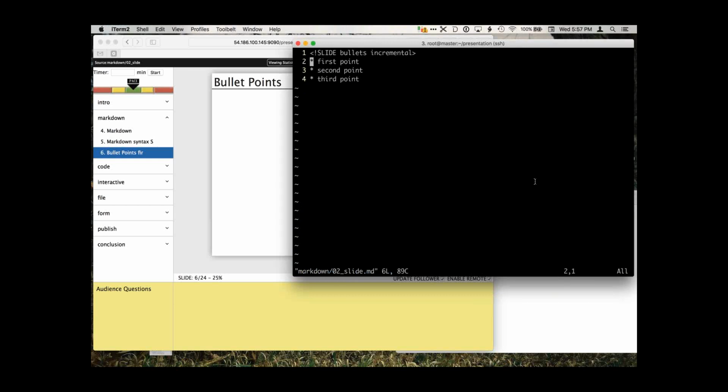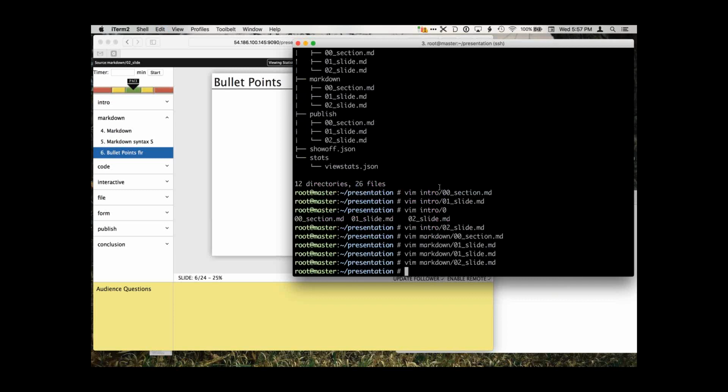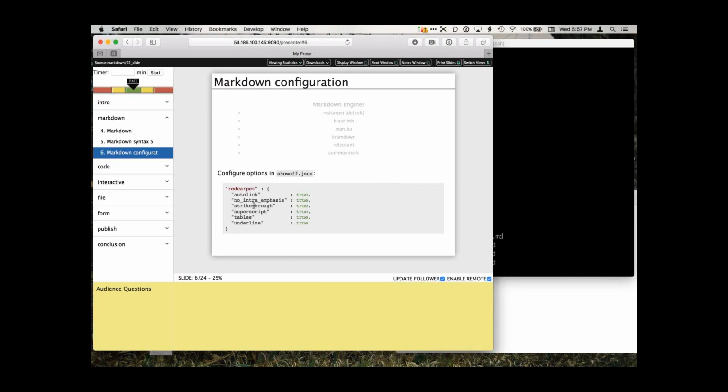I'm going to paste that in. I'll move on and do the next slide. Well, I'll show you this first. So this is Markdown configuration.